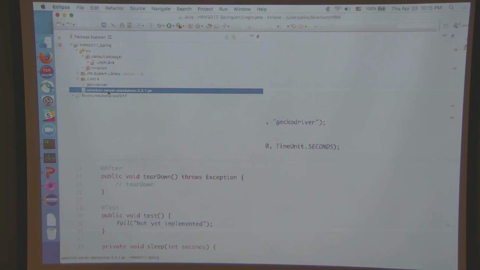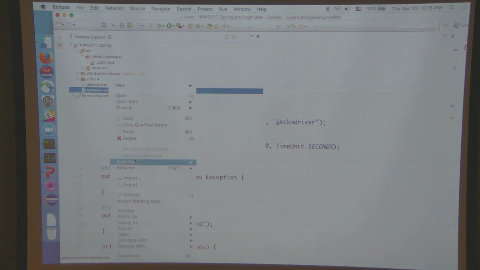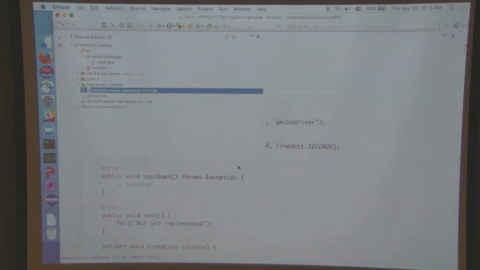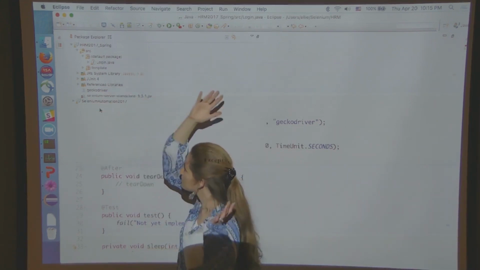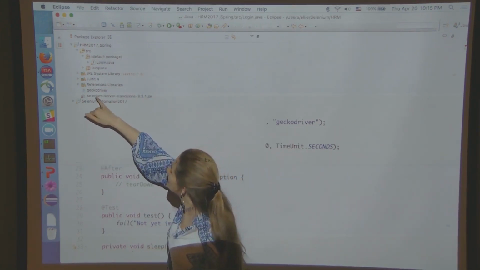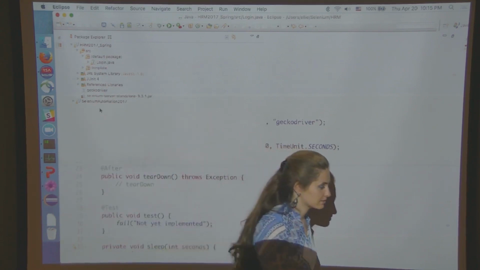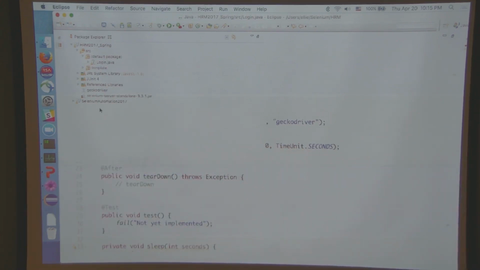What you're going to do is you're going to right-click on it. And you're going to say Build Path, Add to Build Path. All right? And then don't get scared. It's going to jump. So first it was hanging out in your project, and all of a sudden, poof, it's gone. But it's actually inside your reference libraries. Or it might not be gone, like this one's not gone, but.